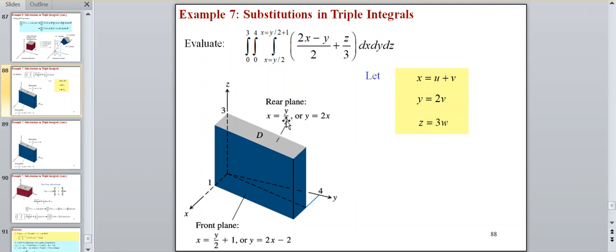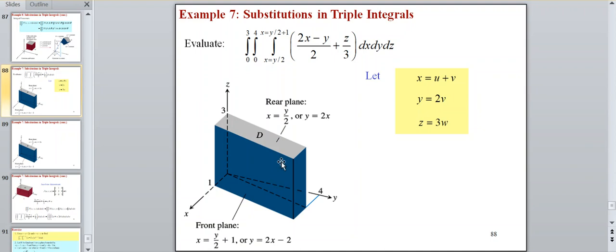x equals y over 2. You have to view this equation in three-dimensional space. So y equals 2x, or equivalently x equals y over 2, is actually the equation of this plane here, the one at the back. In the front we have this plane, y equals 2x minus 2, or equivalently x equals y over 2